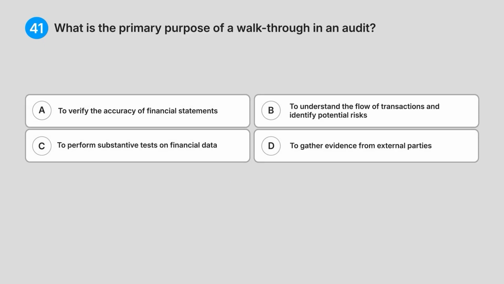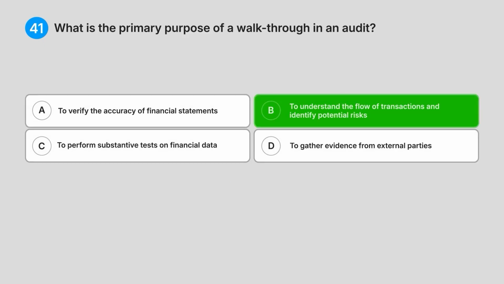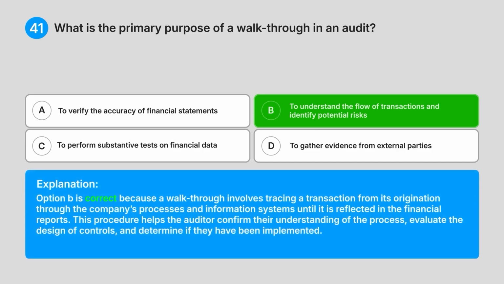Correct answer. B. To understand the flow of transactions and identify potential risks. Explanation. Option B is correct because a walkthrough involves tracing a transaction from its origination through the company's processes and information systems until it is reflected in the financial reports. This procedure helps the auditor confirm their understanding of the process, evaluate the design of controls, and determine if they